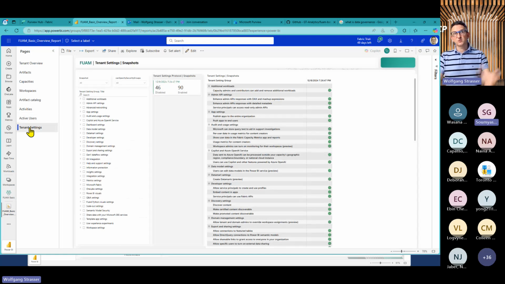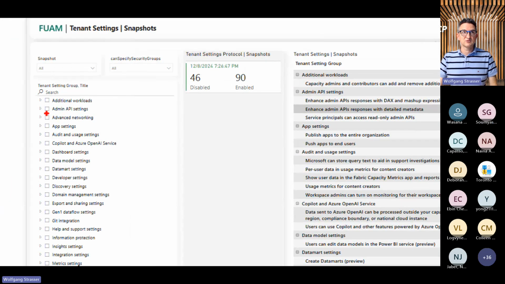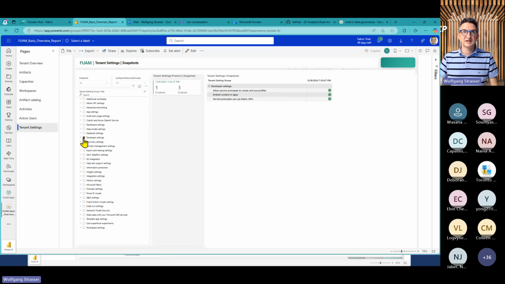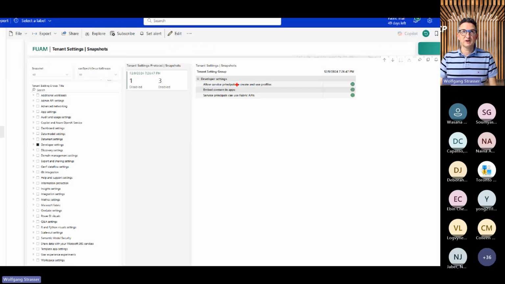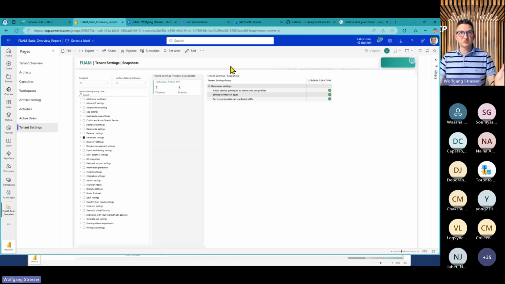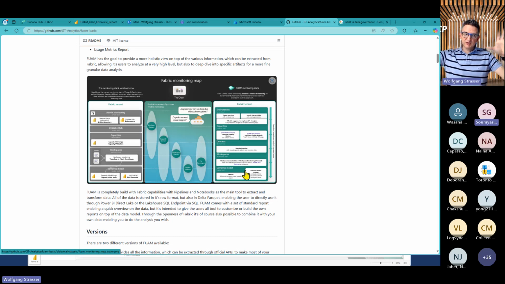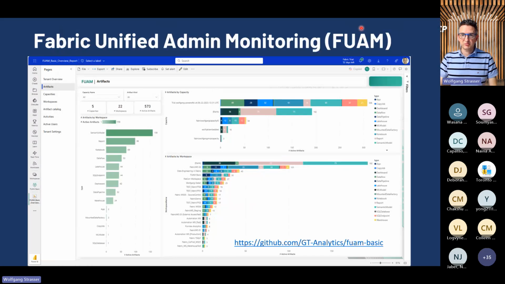And last but not least, we heard about the tenant settings, and you've got the graphical interface over here. So you can filter down, for example, I would like to only see developer settings. And it is filtered down over here. And if I open that one, I get the information that is here. There's no tooltip over here, but it's a very, very comprehensive overview. It's free. The documentation is there. And you really get from the top level overview down to the basics, to the activities, to the users that really are there in your Fabric environment.